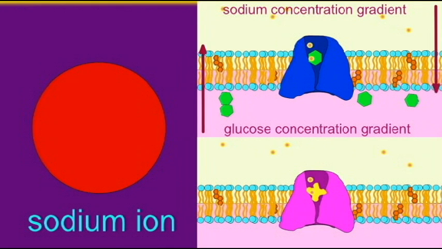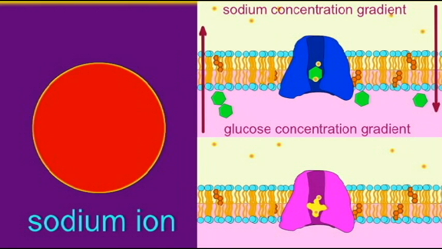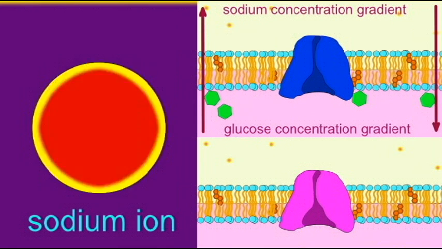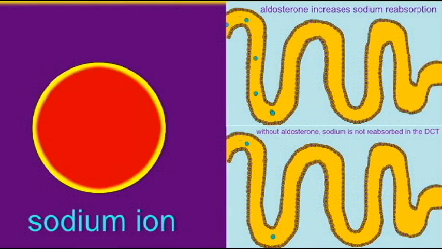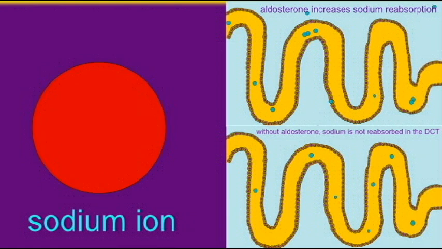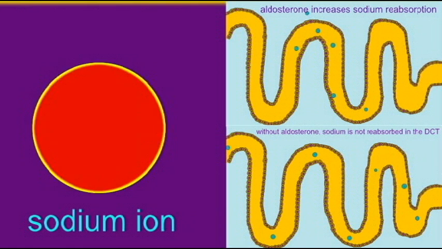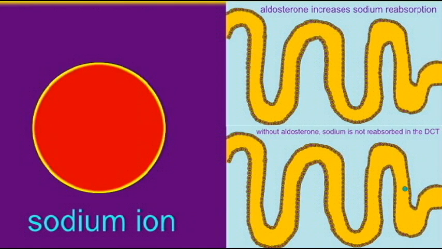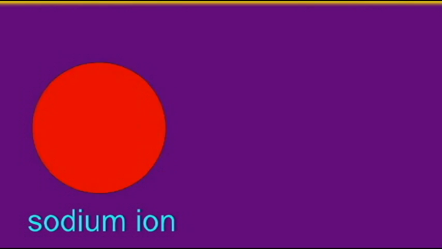well. From the PCT and the ascending loop of Henle, the reabsorption of sodium is obligatory. It always occurs. However, in the DCT and collecting duct, there are cells whose sodium-potassium exchange pumps are under the influence of the hormone aldosterone. So when the body makes aldosterone, these pumps allow for the transport and reabsorption of more sodium. When the body doesn't make aldosterone, less sodium is reabsorbed, and thus more sodium ultimately will be excreted in the